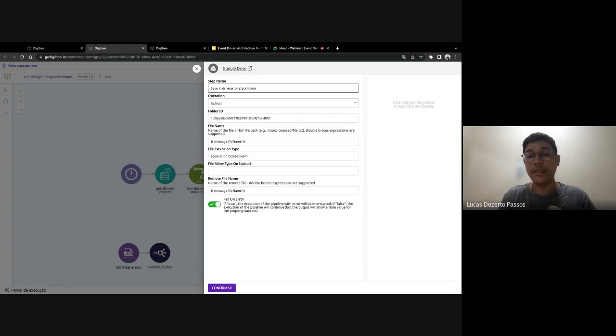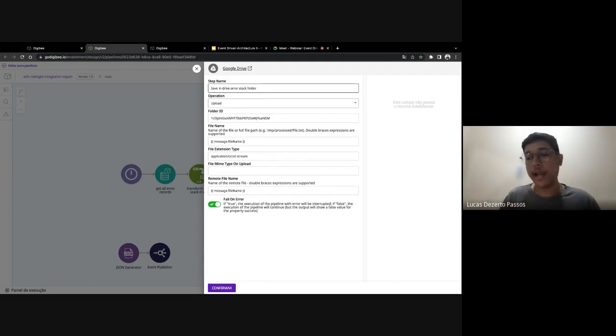She's already saving the error stack as a spreadsheet on the Google Drive. She is already dealing with reprocessing and reporting. Another manual task that Clara can solve using event-driven architecture here is alerting the owners of this integration, in the case of her client, about what is happening here.